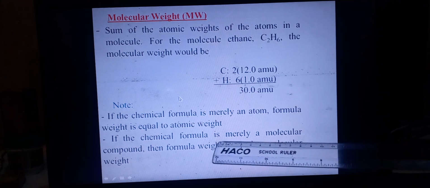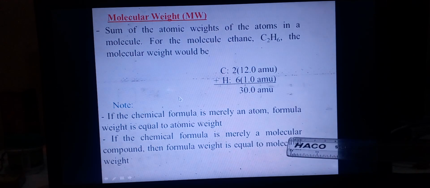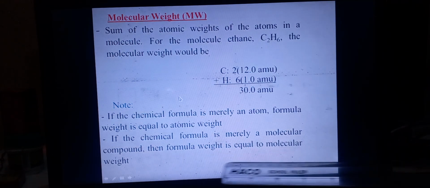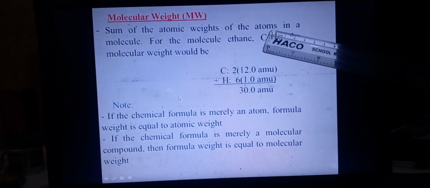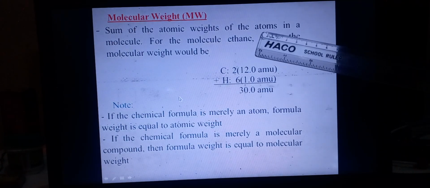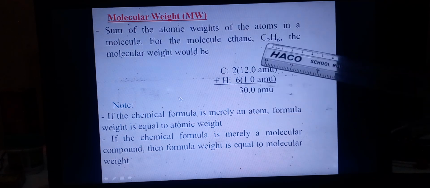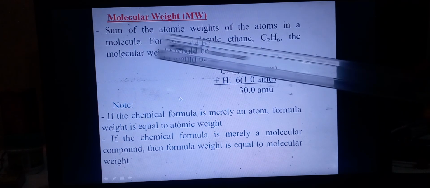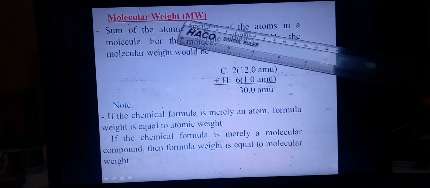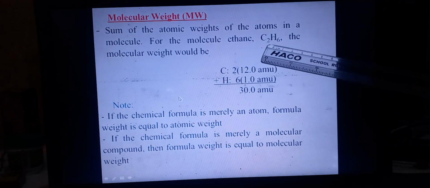So if the chemical formula is merely a molecular compound, then formula weight is equal to molecular weight. So like in this case, its molecular weight is the same as the formula weight of this substance. Only that this one is a molecule, that's why we use a different term, molecular weight. But if it was a compound like sodium sulfate,